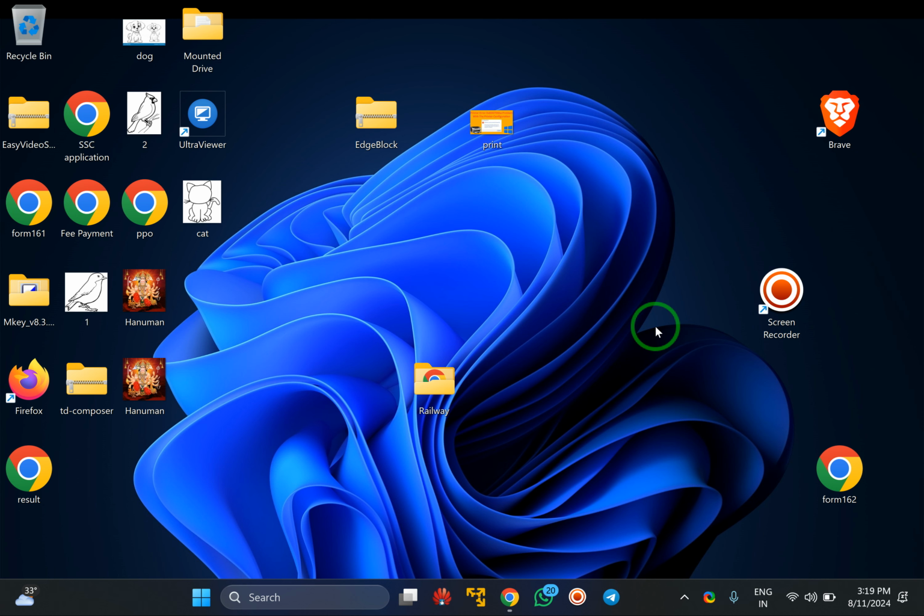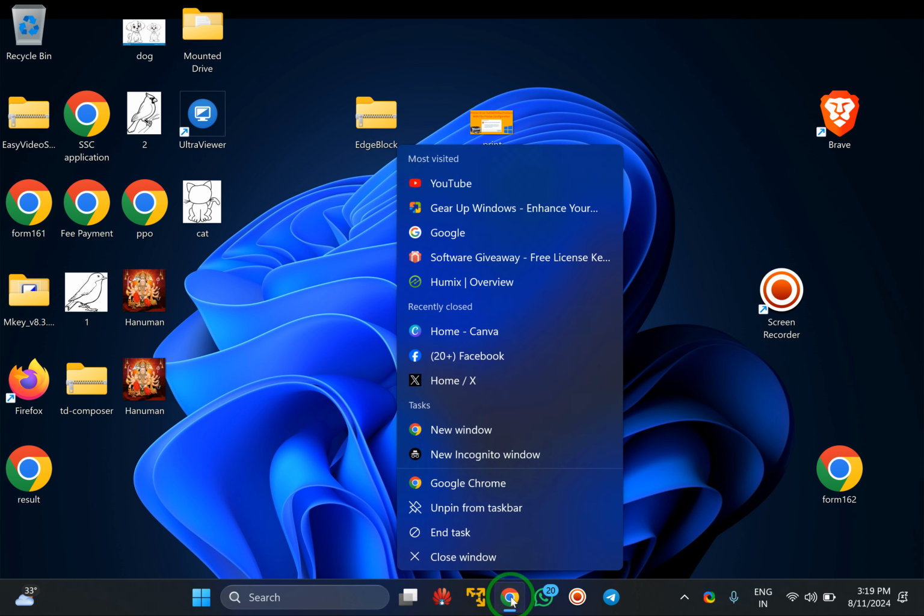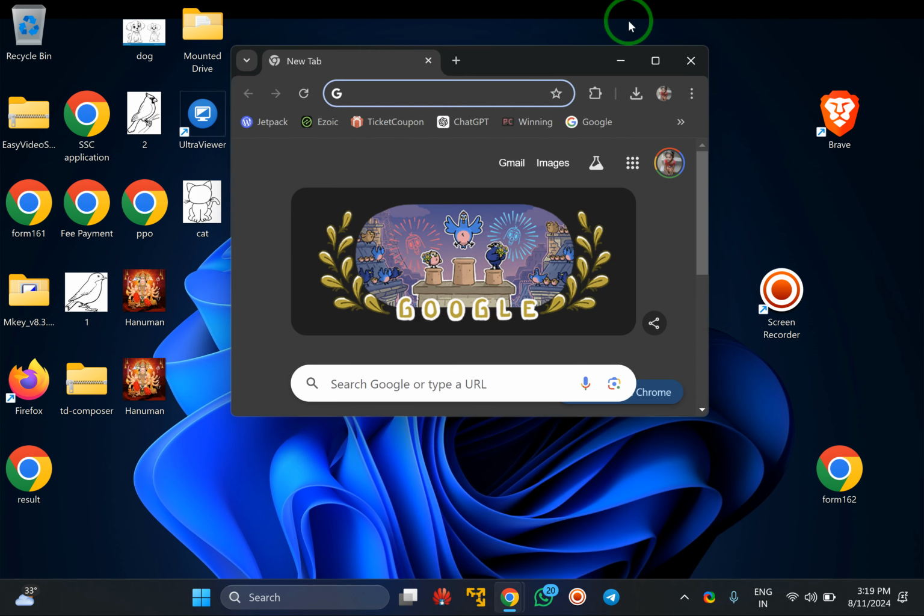This feature sends a do not track request to websites, though it's important to note that not all websites will honor this request. To enable this one feature on your Chrome browser, first open Chrome browser on your Windows